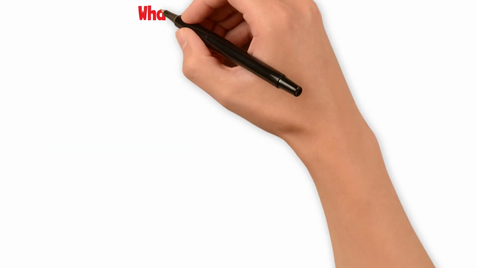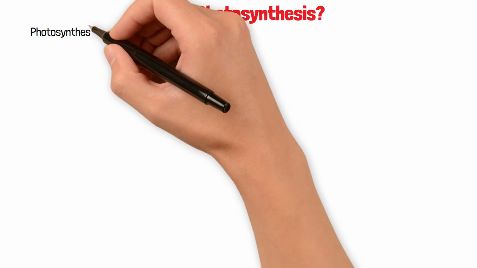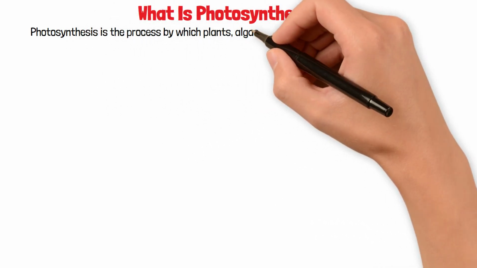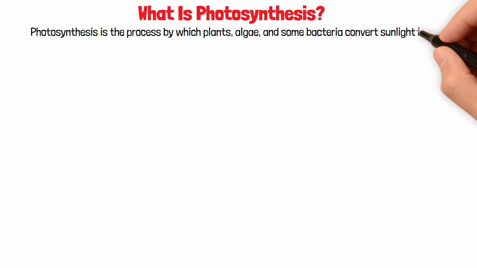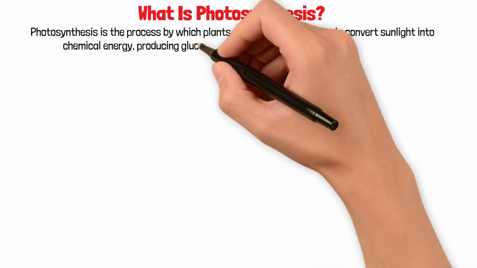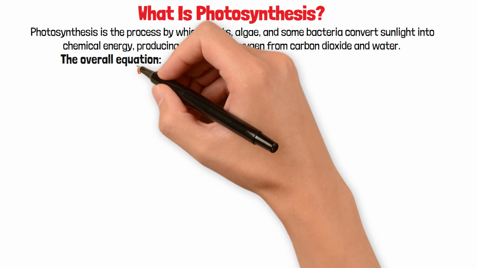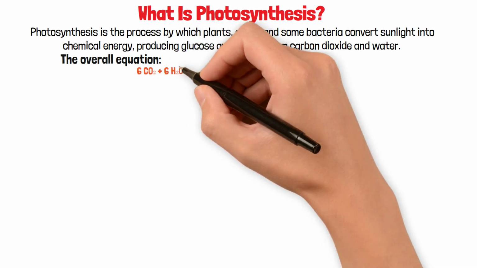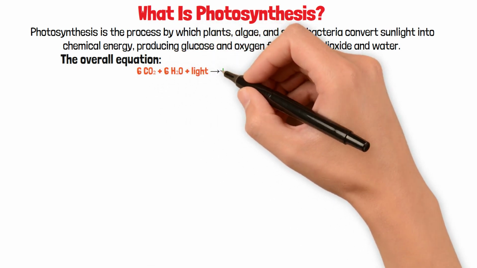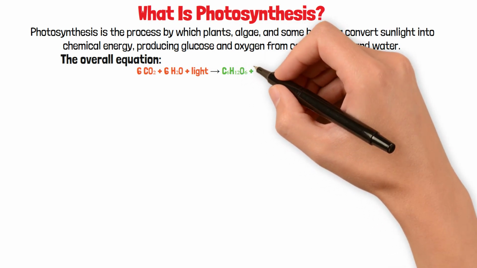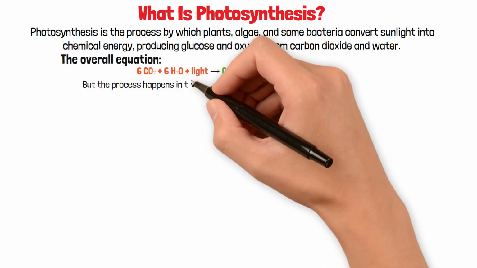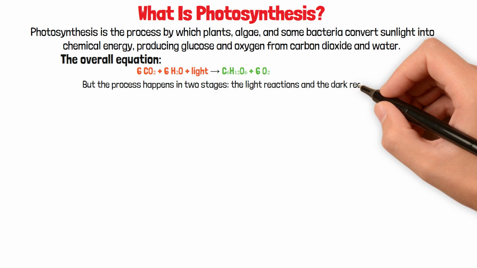What is photosynthesis? Photosynthesis is the process by which plants, algae, and some bacteria convert sunlight into chemical energy, producing glucose and oxygen from carbon dioxide and water. The overall equation: 6CO2 plus 6H2O plus light, yields C6H12O6 plus 6O2. But the process happens in two stages: the light reactions and the dark reactions, also called the